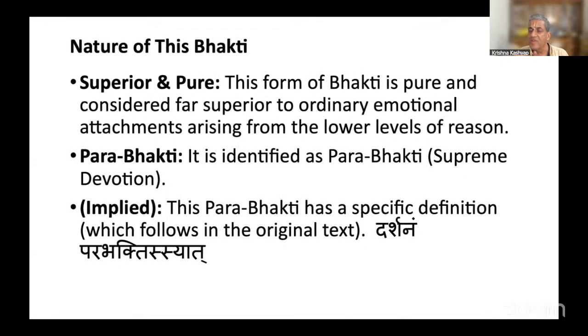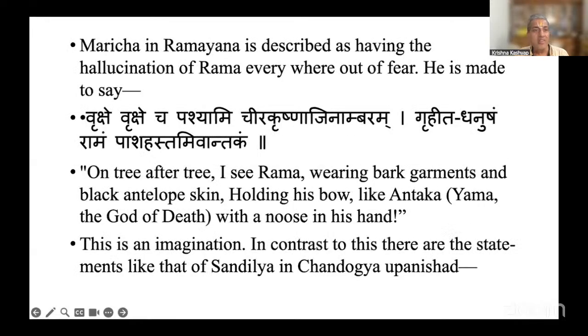Kṛṣṇa is. 7th chapter is about knowledge of Kṛṣṇa. 8th chapter is about different paths towards spiritual perfection, Kaivalya, Aishwarya, and Paramātma upasakas. And the 9th chapter is about Rajavidya, Rajaguhya. That is what is Parabhakti here. What is this Parabhakti? Darshana. You directly see Kṛṣṇa. And it is not an illusion or a false